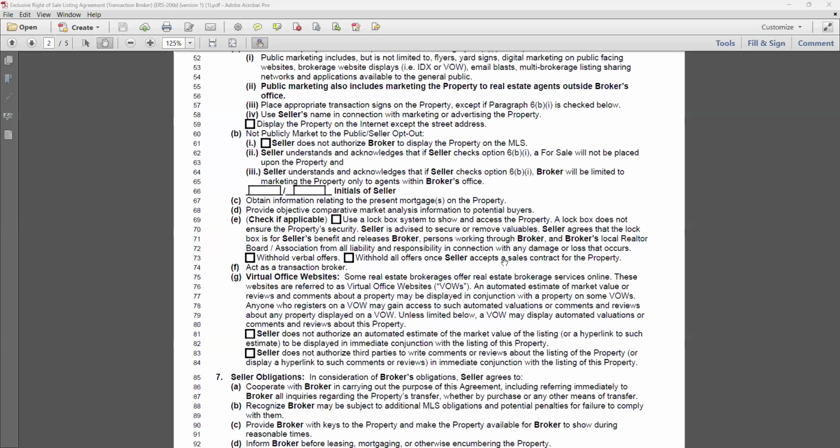Use the electronic lockbox. And I think that you should have one with you in a listing presentation. So here's what typically happens, right? The agent doesn't ever think that they're ever going to get a listing. Or they think someday when I might get a listing, I'll go buy the lockbox. You know what? Why don't you just go ahead and tell the universe that you are going to get a listing, go get the lockbox ahead of time, and have the